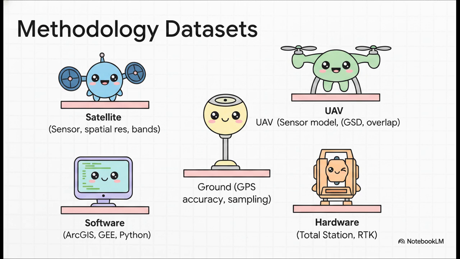You need to name every piece of software, ArcGIS Pro, Google Earth Engine, specific Python libraries, and every piece of hardware. Detail is everything, because a master evaluator should theoretically be able to replicate your entire project just by reading